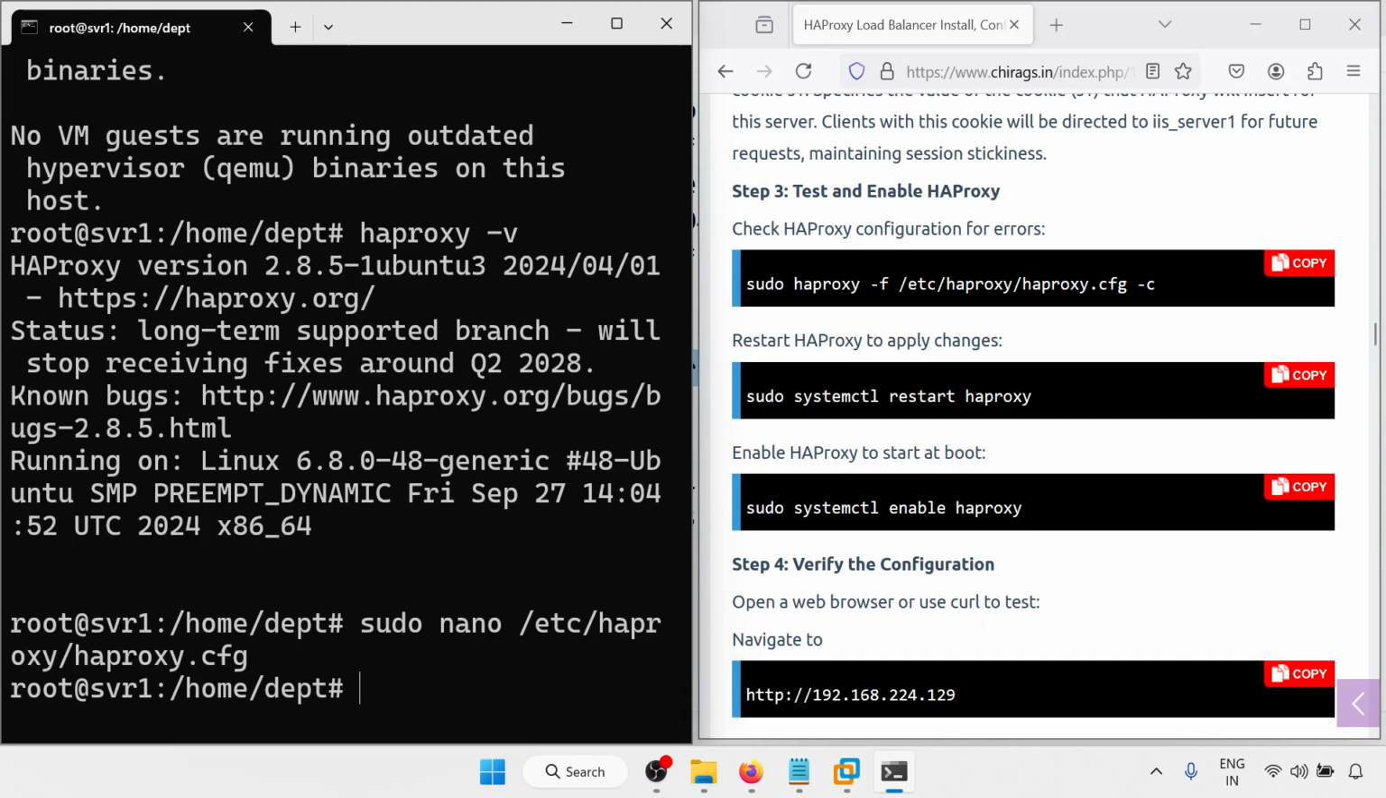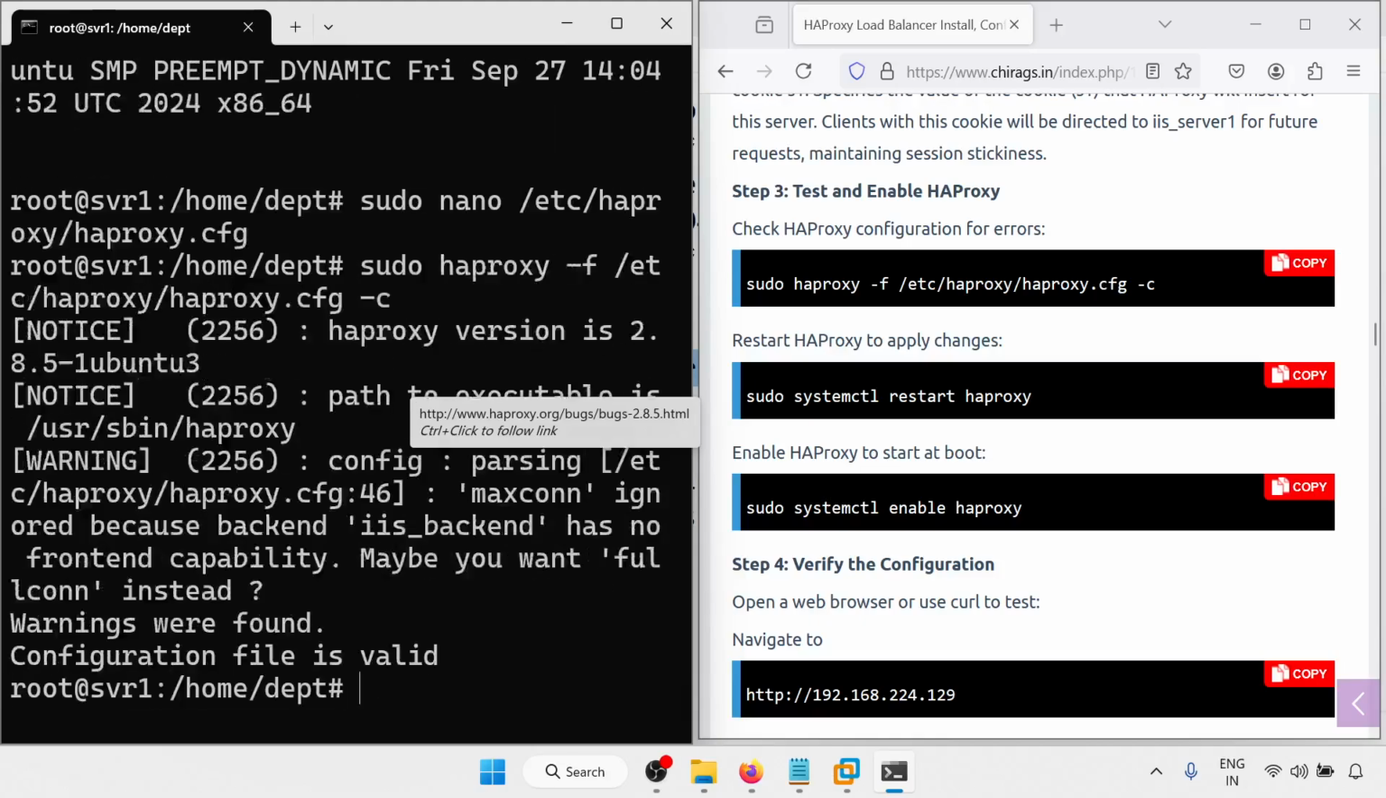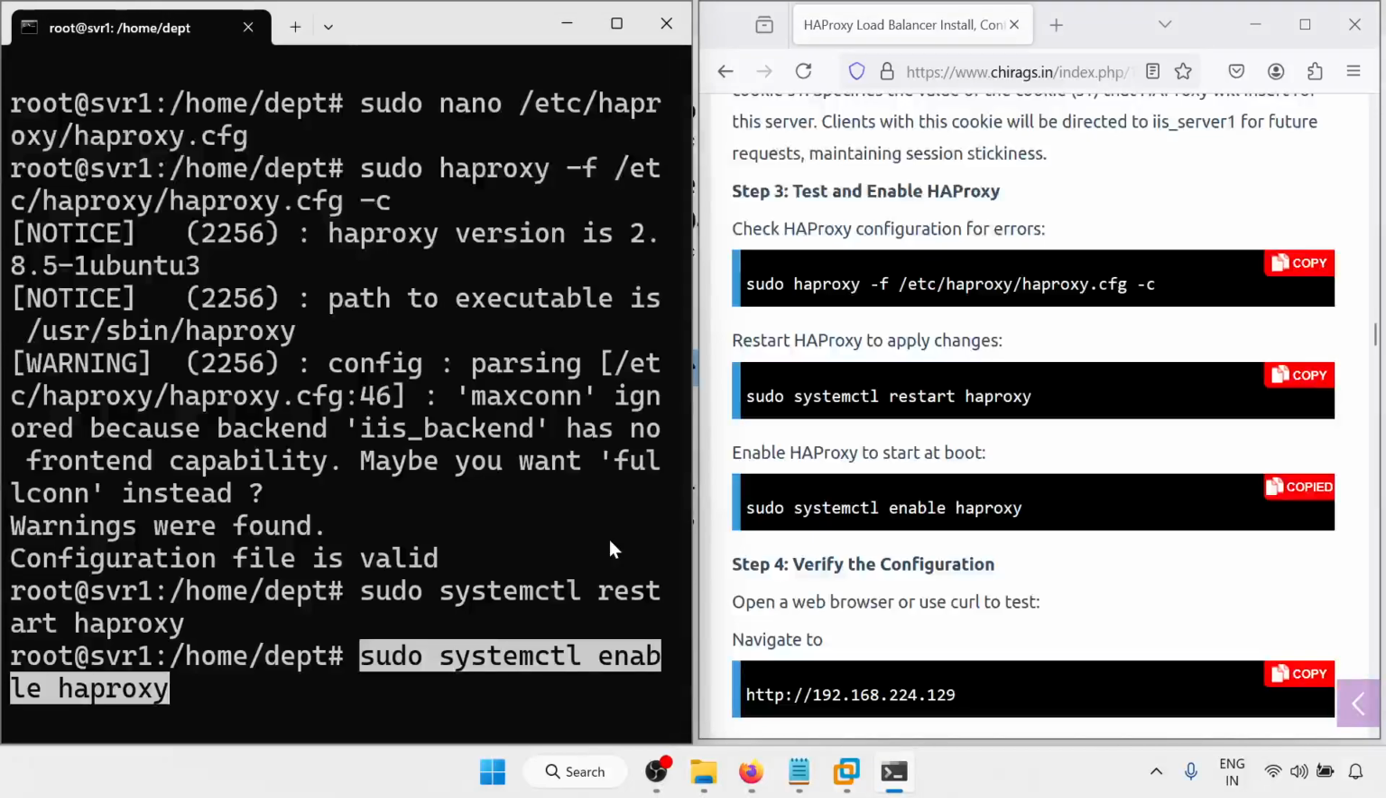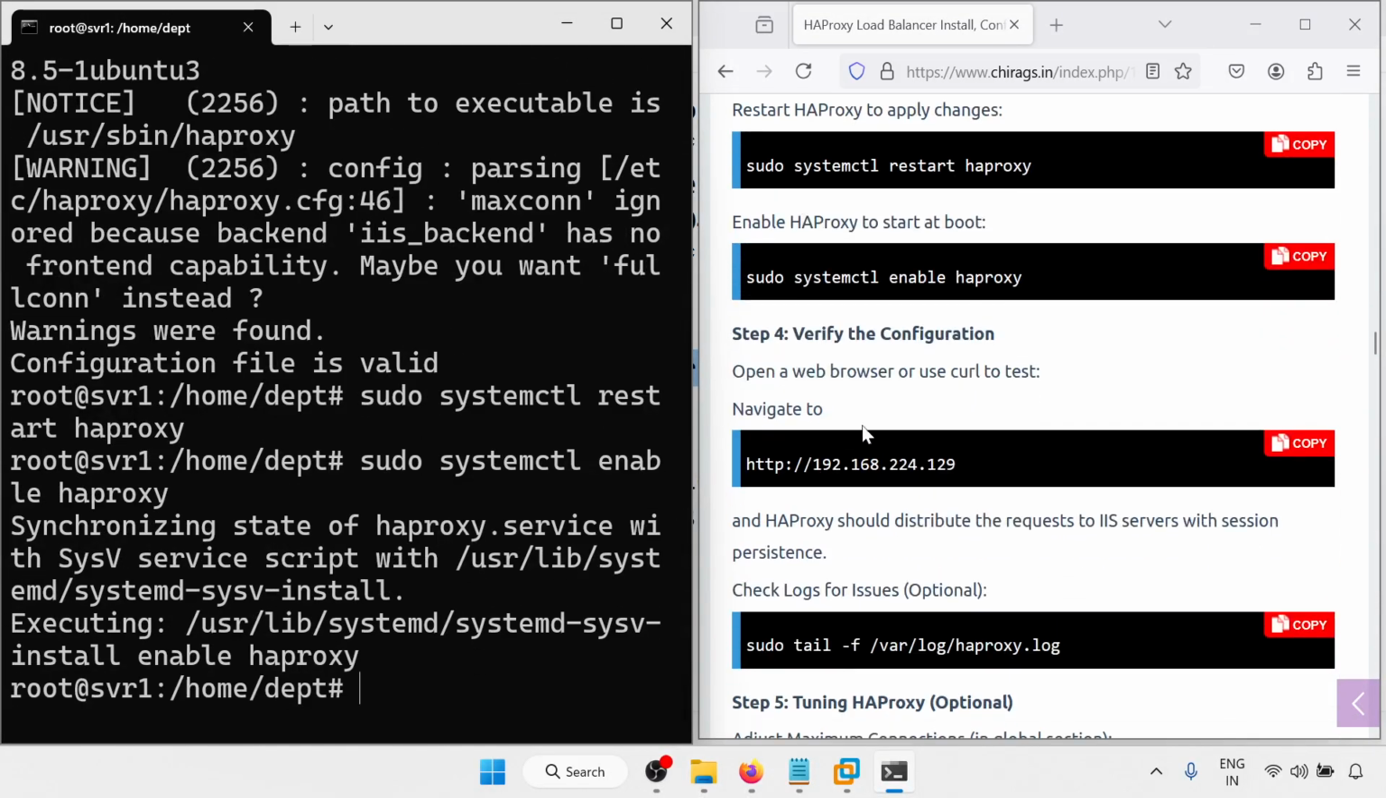Now I'm going to close this one. Now test and enable HAProxy. Let's test the configuration. No warnings were found, the configuration file is valid. Okay, so now I'm going to restart HAProxy and enable HAProxy. Now verify the configuration. So we have added